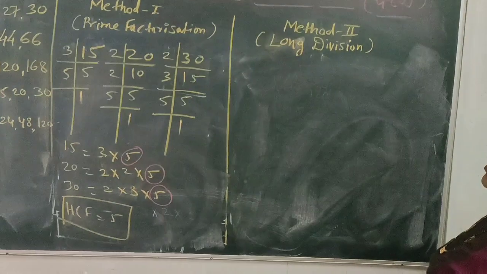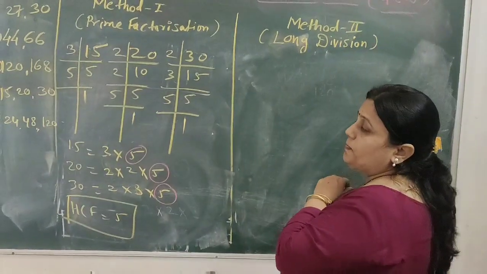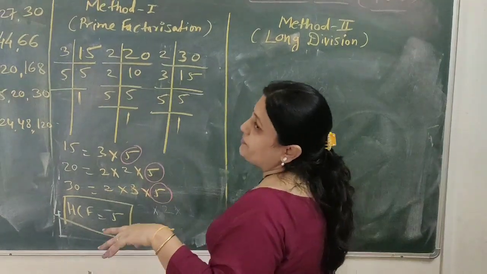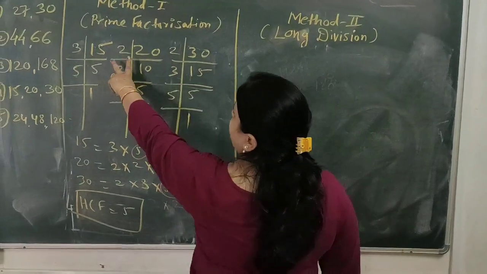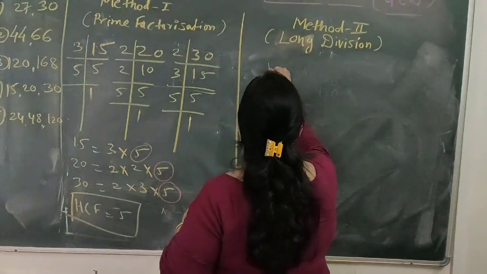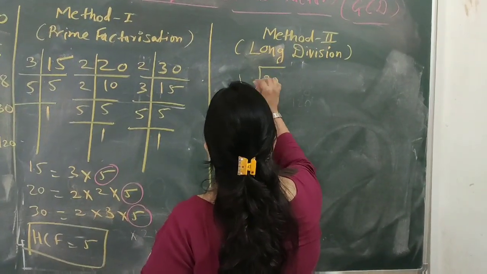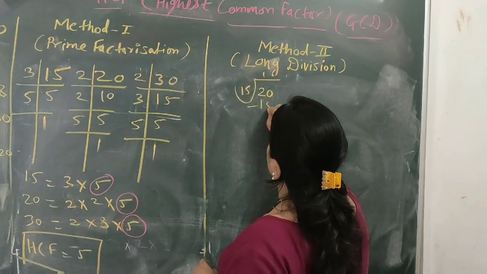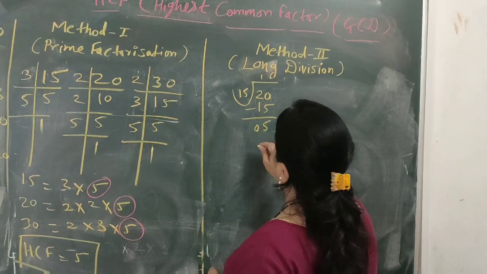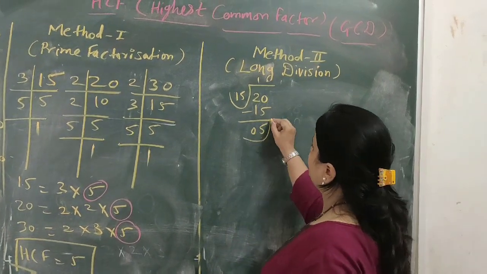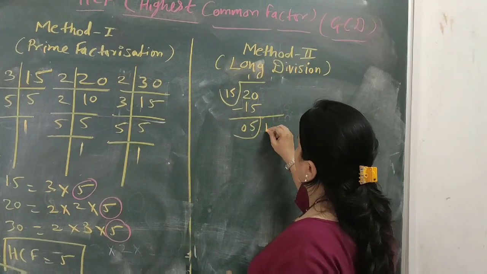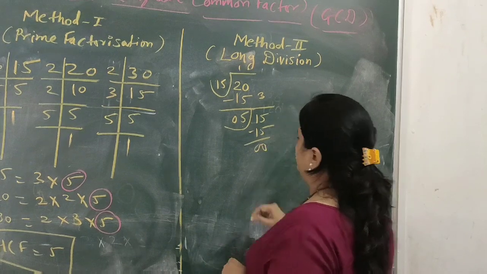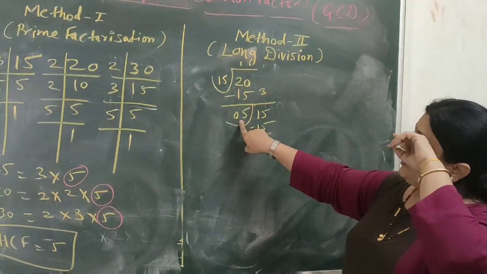Now you will be saying that in these three numbers how can we do it. So what we have to do is that in these three numbers any two numbers we have to take. Okay, so first I will take 15 and 20. So in 15 and 20, 20 is the bigger number, 15 is the smaller number. So 15 1s are 15, here 5 remains. Again, the remainder will become the new divisor and the old divisor will become the new dividend. 5 3s are 15, so here is 0.